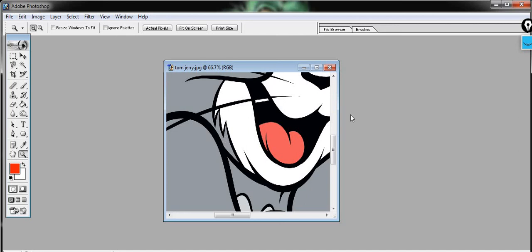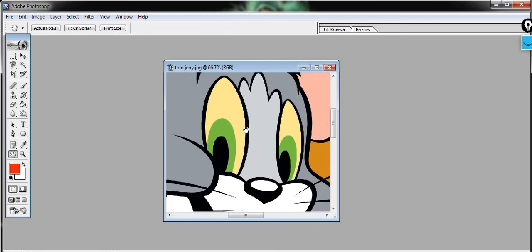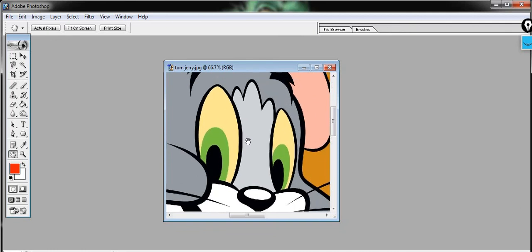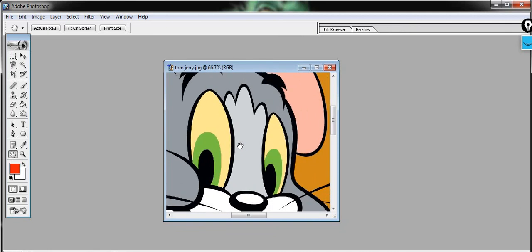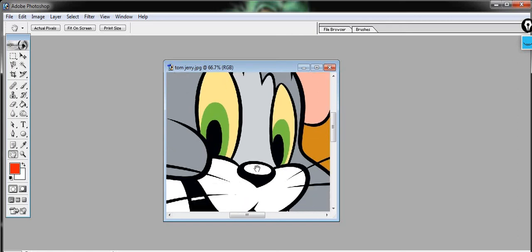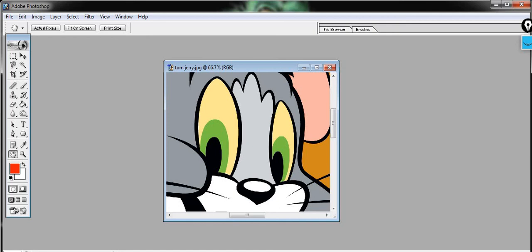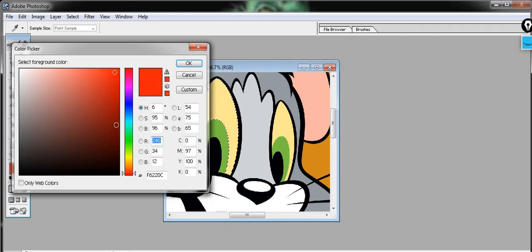Now I want to see the face or eyes, so that I can make some editing on the eyes. So using the hand tool, I can move and see the upper part or lower part of this cat. So I want to change the color of the eyes. I hope you understood what is the use of hand tool, right? And what is the use of zoom tool. And now suppose I want, so I will first select this magic wand tool. I will select this and this also. Selecting this and selecting this. So first let me work on this magic wand tool, and from here I will change the color of it